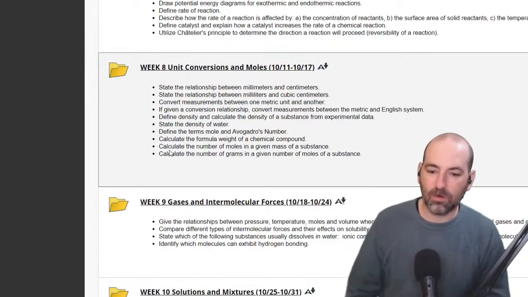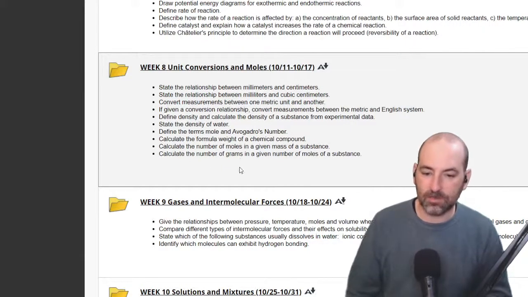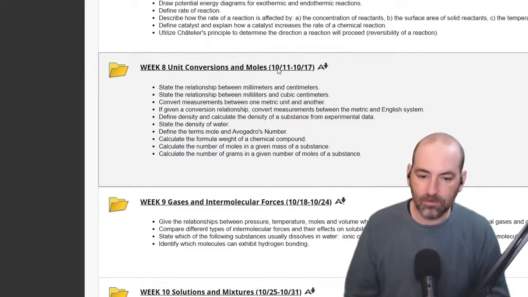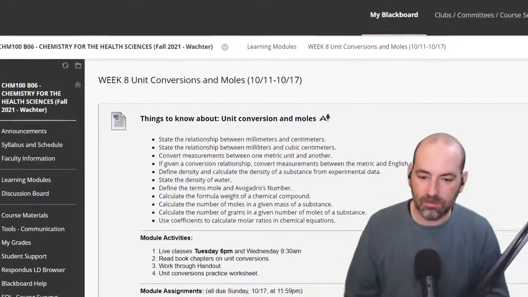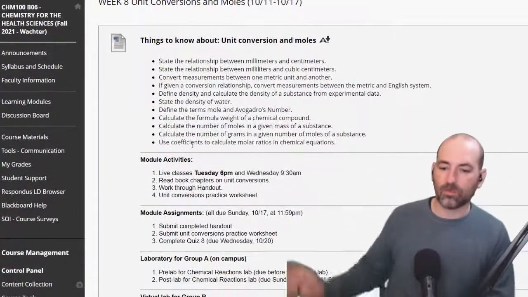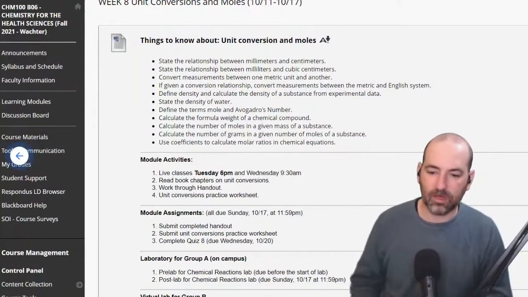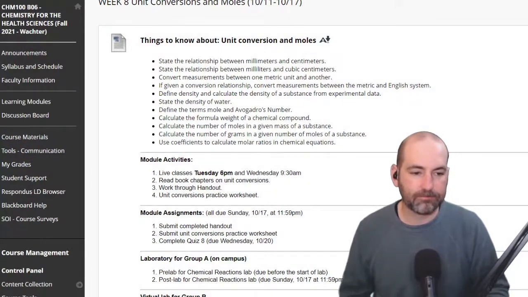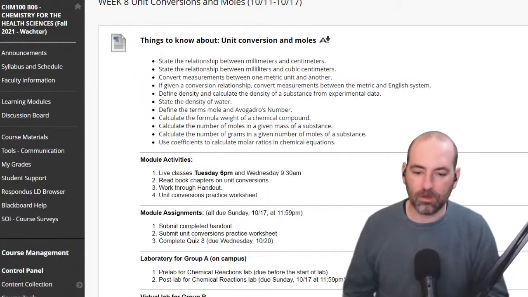We want to know the number of moles in a given mass of a substance and the number of grams in a given number of moles. And then there's one more here that we talked about, calculating the molar ratios, which was just the mole to mole